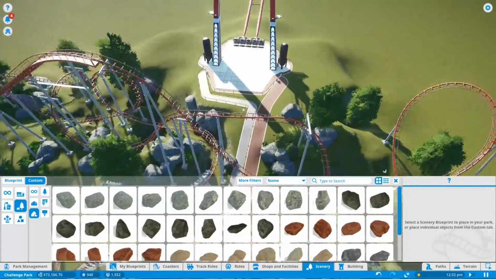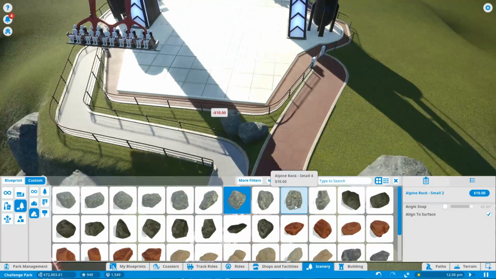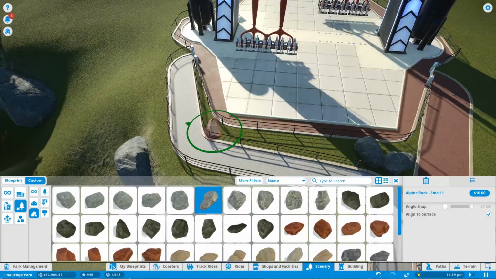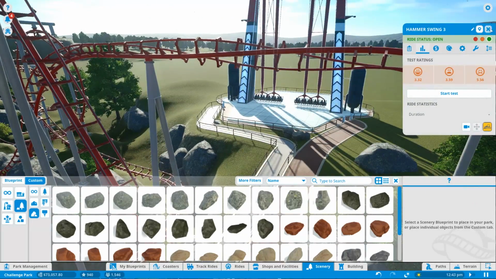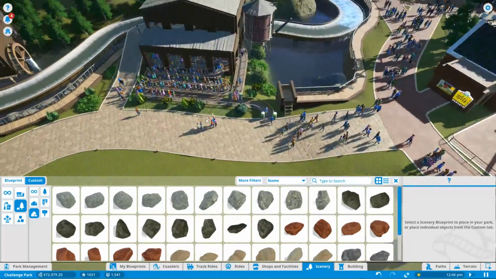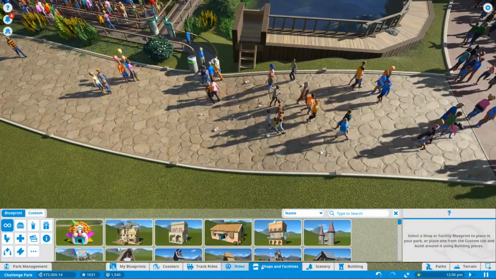Okay, so I think that's pretty good. Let's get some stuff in here, because this could use a little bit of decoration. There we go. Right, open that up. Might as well open that up, because then we'll start seeing some people over there. How are the river rapids going? Oh, wow, it is messy down here. Jeez. Right, let's get some...